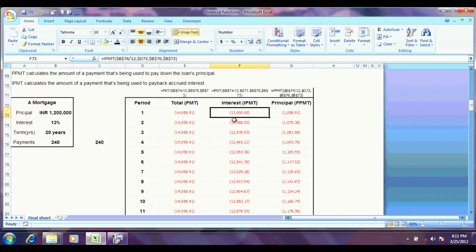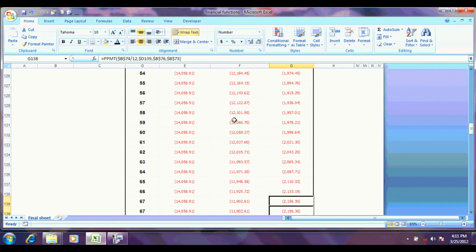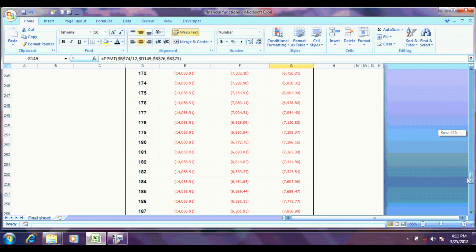Okay. So see, total EMI for the first month was 14,058 rupees. Out of that, 13,000 was interest part and principal part was 1,000 rupees. Total is 14,058. Again, next month the interest part is a bit less and principal part is increased a bit. So as we go down, during the later tenure of the loan,